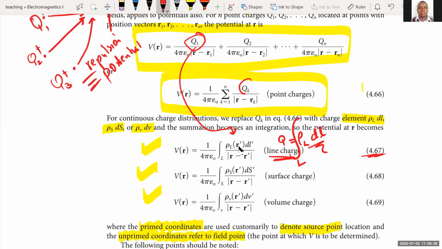Now, if it is surface charge, remember we said that Q for surface charge will be expressed as rho S dS, where dS is an element of surface. Therefore, if you consider the total surface, it will simply become the surface integral expressed as equation 468. And last but not least, if it is volume, Q is going to be given by rho V dV, and therefore for the entire volume, just integrate over the entire volume V. Nothing changes much except that